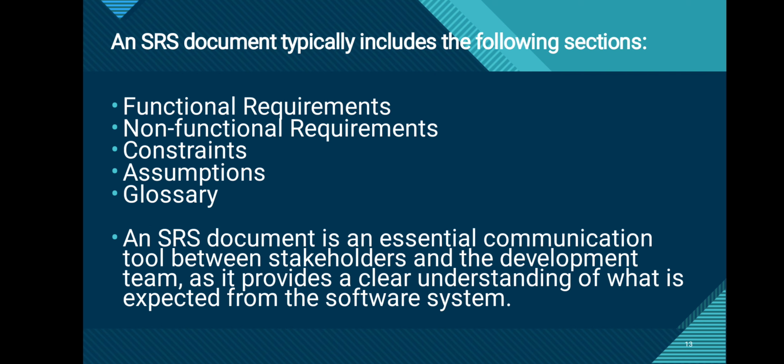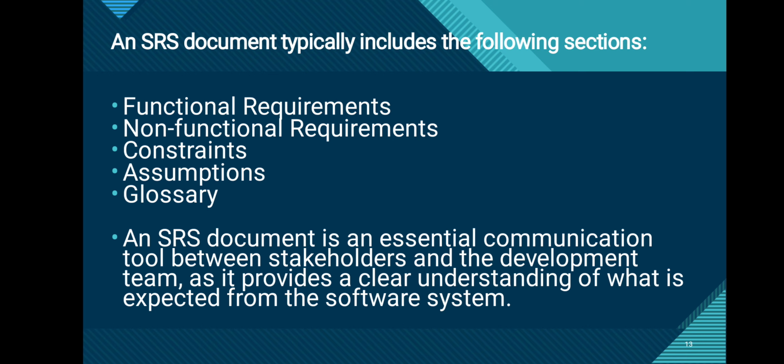An SRS document typically includes the following sections. It provides an overview of the software system and its purpose, scope and objectives. The first one is functional requirements. It describes the functions that the software system should perform and the tasks it should be able to accomplish. So we have to finish the task. And then non-functional requirements. It describes how well the software system should perform in terms of factors such as reliability,